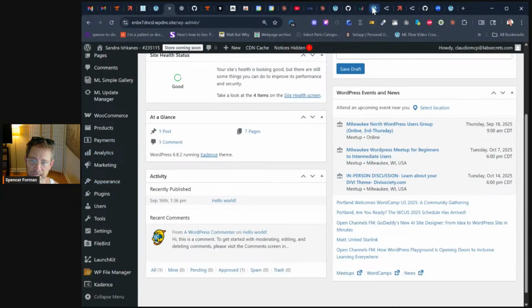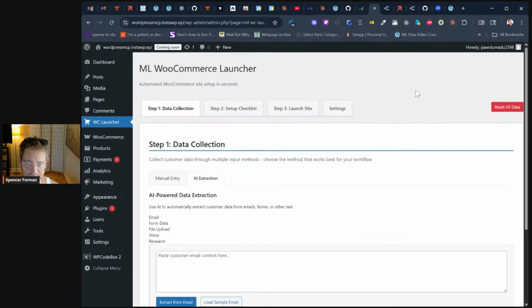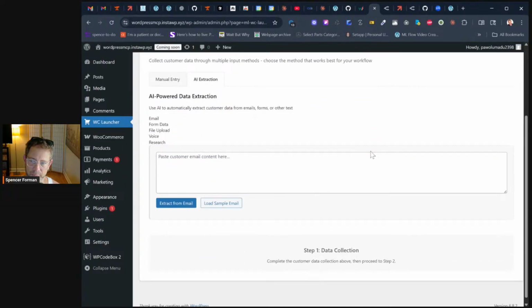Let me show you the other thing that I developed today, which I'm pretty excited about. This is part of the larger picture, which is how can I make things easier for my systems or your systems to work? And one of them is called the Woo Launcher. All of the components that you need to put together for launching a WooCommerce site are typically very standard. And if you have a business like I do, and you want to run dozens or hundreds or hopefully thousands of sites for clients and customers, it's nice to be able to input the data and get the site set up. So what I've done is created this automated process